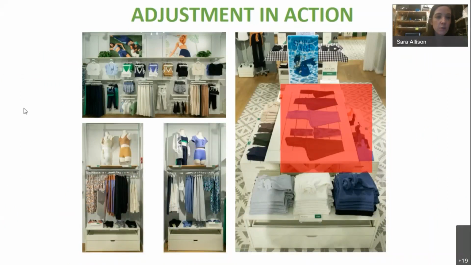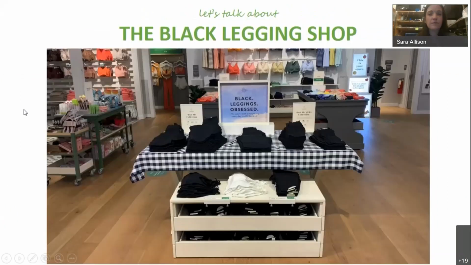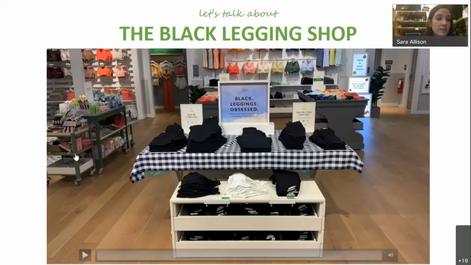I guess we'll watch this. So while we've got 8 minutes left, so I think we'll be okay. This is just a great little video showing how to maximize the black legging table and make sure to maintain guest navigation of this fixture. This is on a table in an Aerie store, but you can apply this to the presentation we just saw for offline too. But we're just going to watch the store team really take this presentation and level it up.